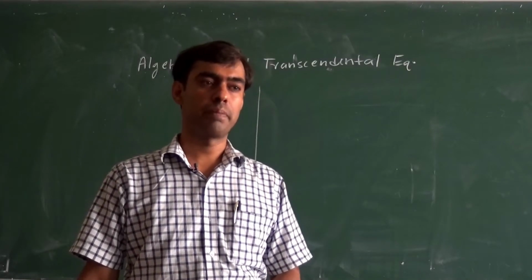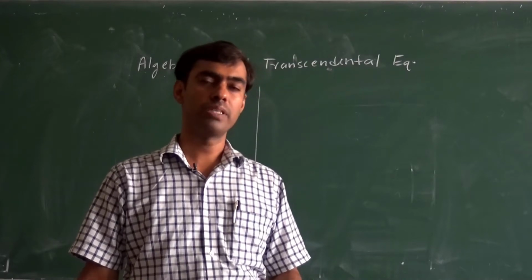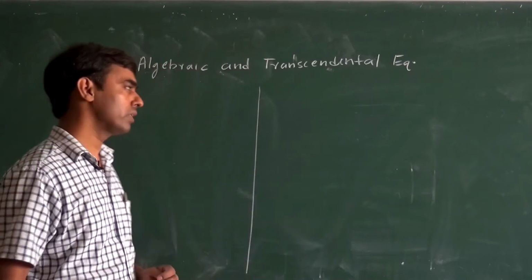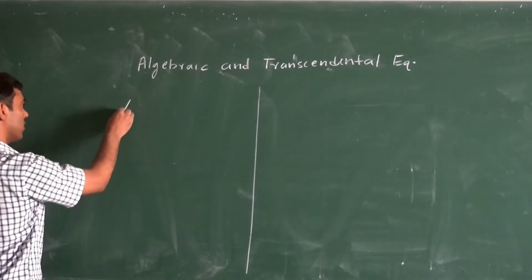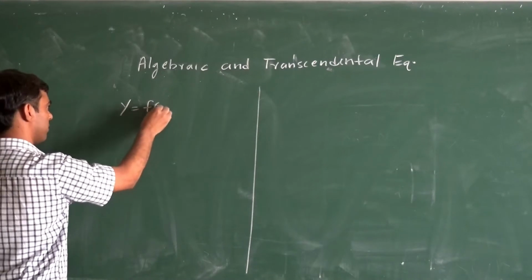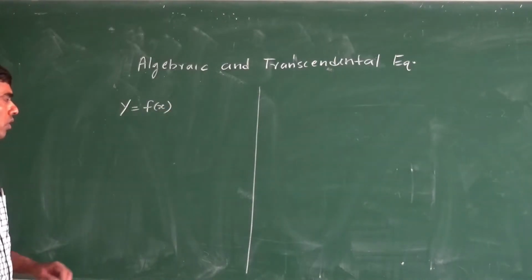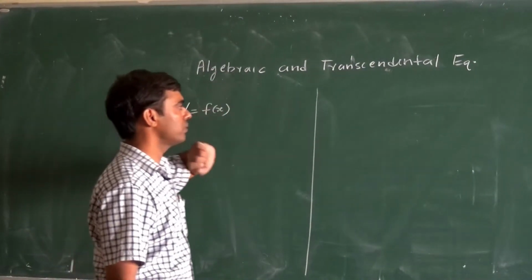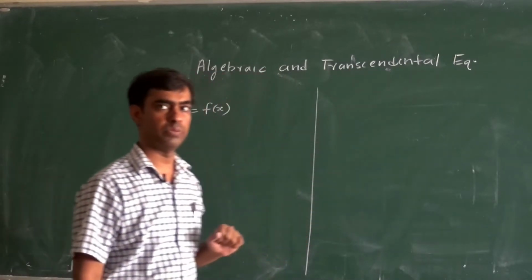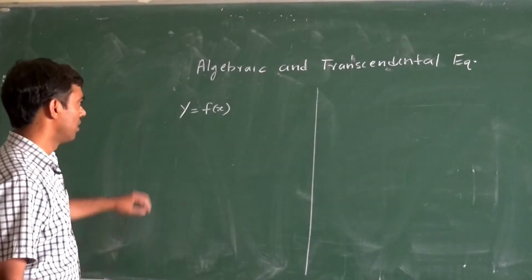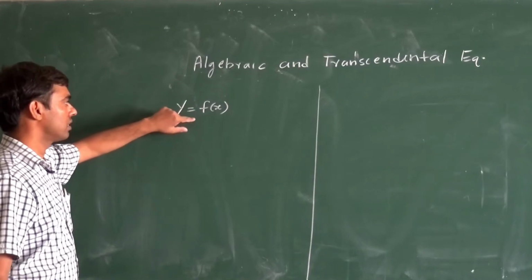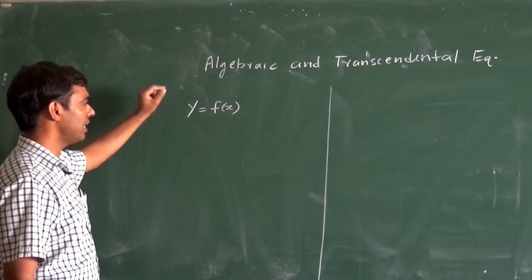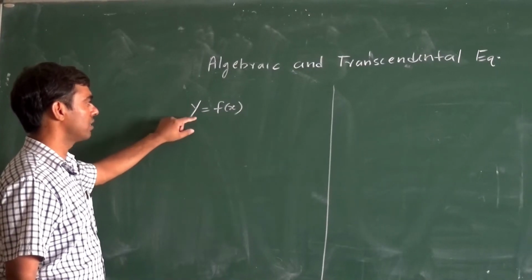We are going to learn what an algebraic and a transcendental equation are. Suppose y = f(x) is an equation. How do we decide whether the given equation is an algebraic equation or a transcendental equation? In simple language, an algebraic equation is an equation that we are able to write in